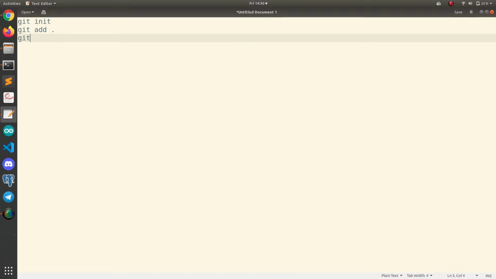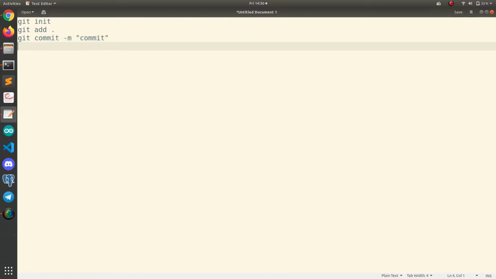And after that we commit in Git and write some message, and then we do git push, and enter the name of our remote repository, for example origin, as we usually do by default, and then the name of the branch, like master or main or anything you have created in your repository.